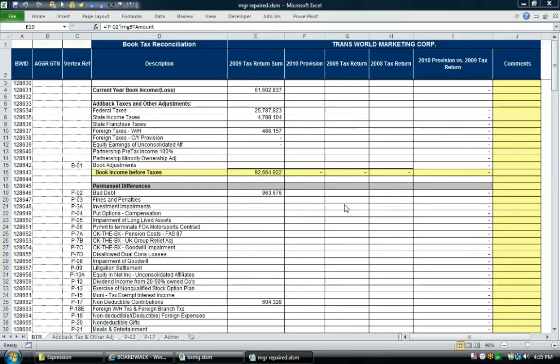In this demo, we're going to show how the Boardwalk collaboration platform can be used to support a tax process within a large corporation. In this particular example, we're looking at a book-to-tax rec where we'd like to collect information from multiple entities about the reconciliation for book-to-tax recs across all the different M1 work papers. As you can see here, there's bad debt expense, there's non-deductible contributions, there's multiple work papers